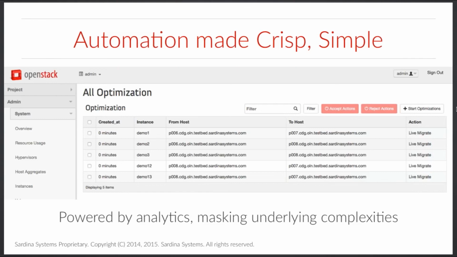They don't need to worry about that. As we see here, we have a component for optimization, which is integrated as a plugin to OpenStack Horizon, which is the OpenStack user interface.